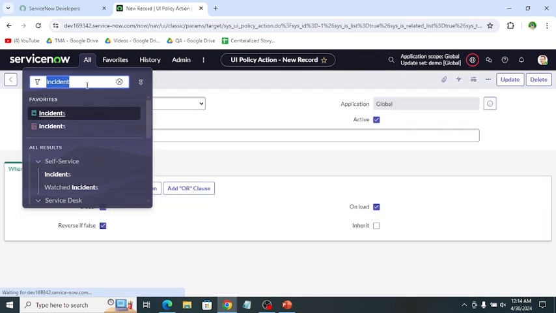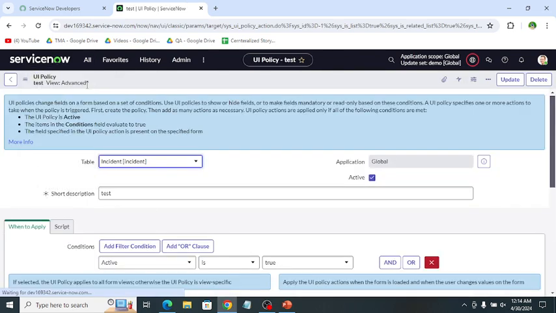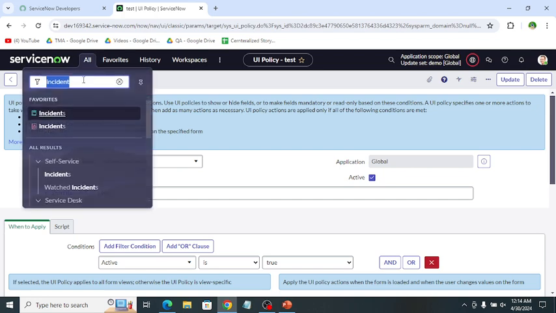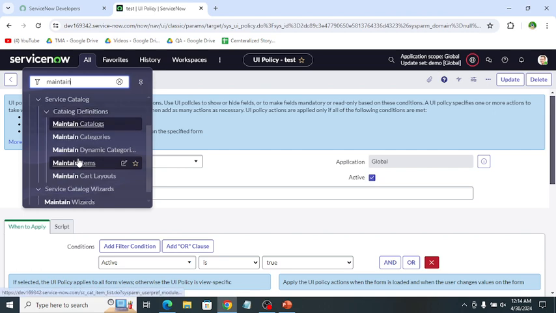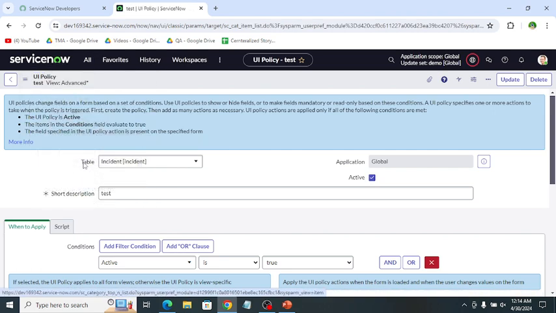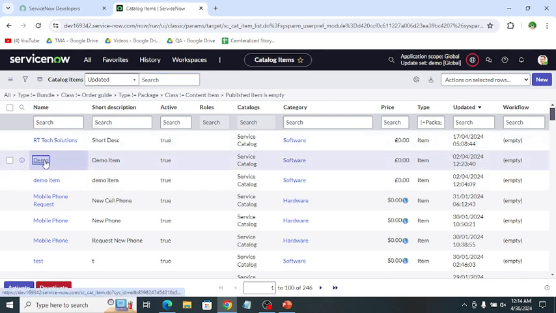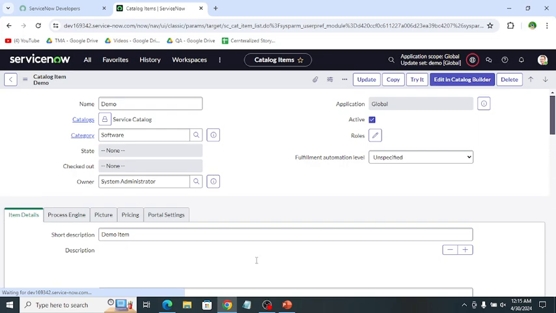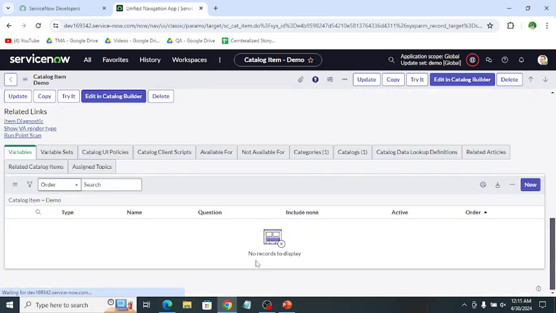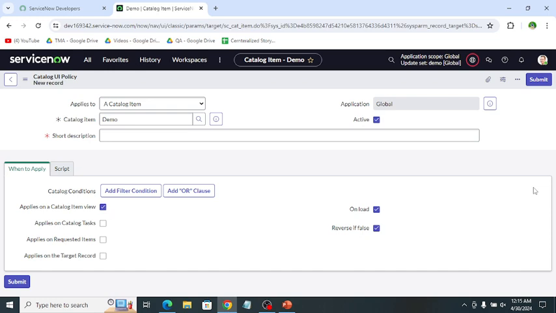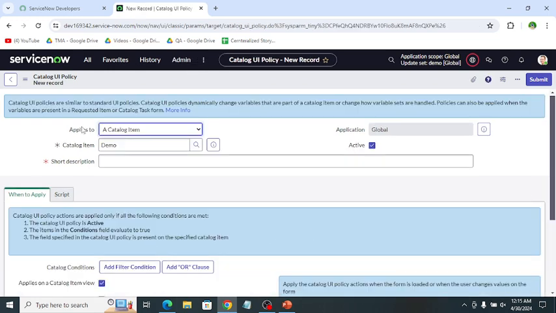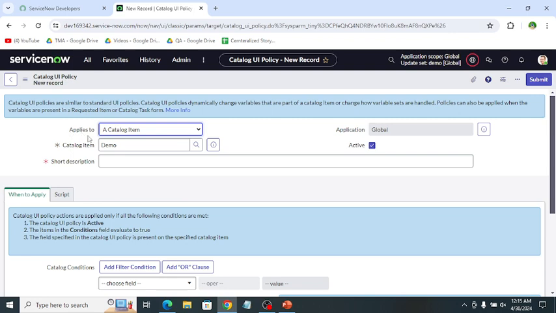Now we can check the UI policy of a catalog item. So this is a catalog item, and if we create a UI policy for a catalog item, then the first field is applies to.